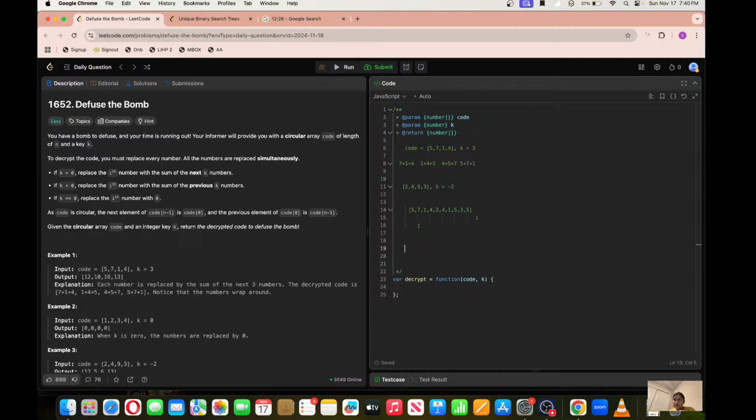And yeah, I can do that for both positive and negative k. If it is positive, then I will slide the window forward. If it is negative, then I will slide the window backward. If it is positive, I will start from the first I, but if it is negative, then I will start from the last element, from I, so that